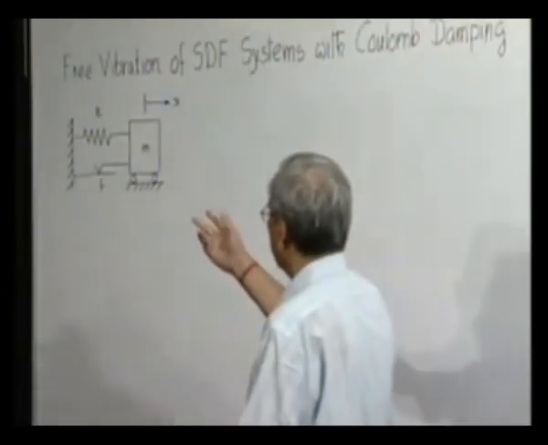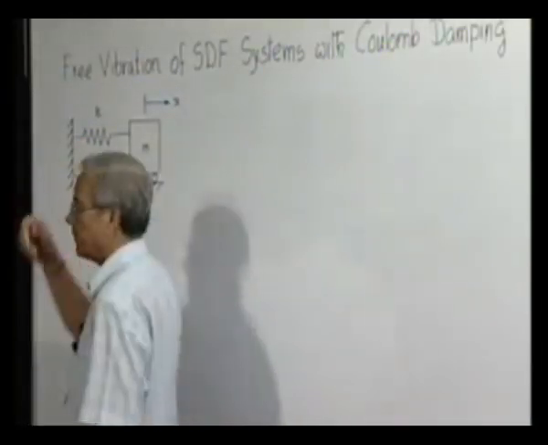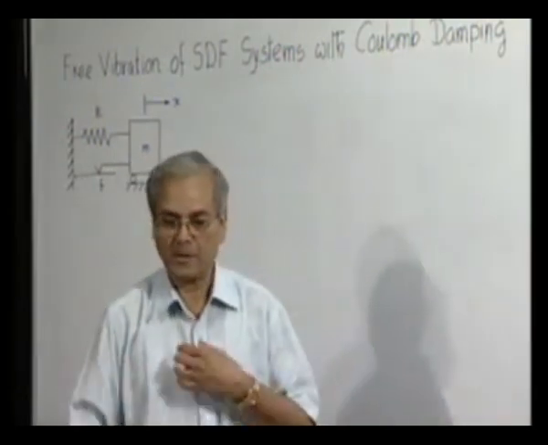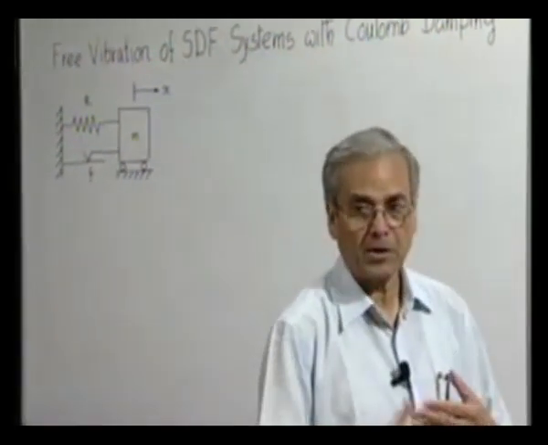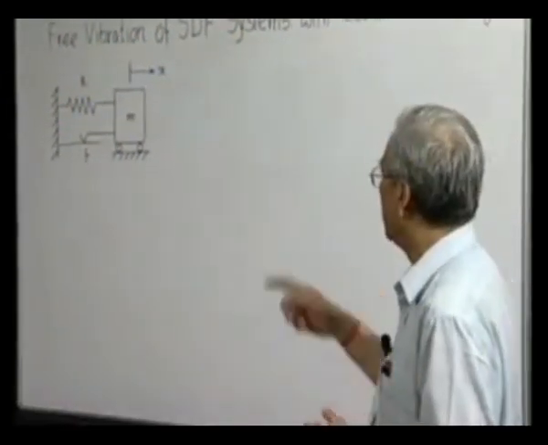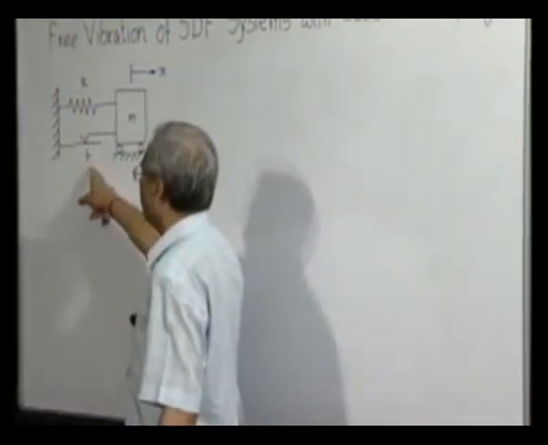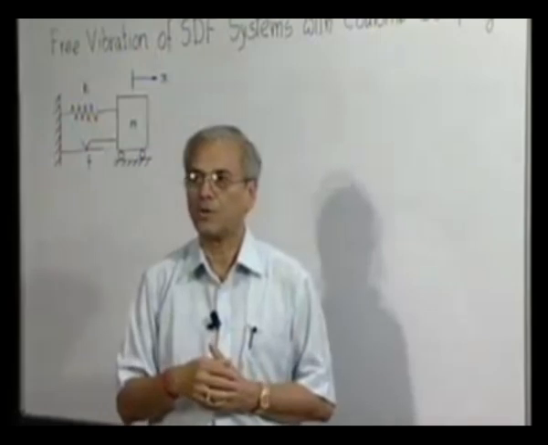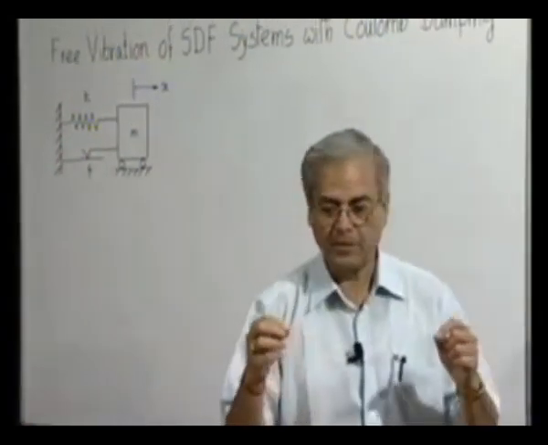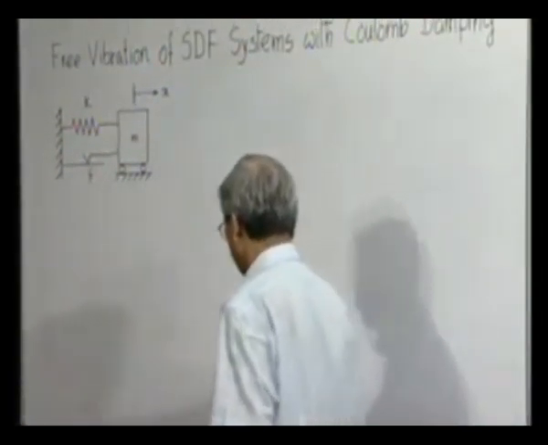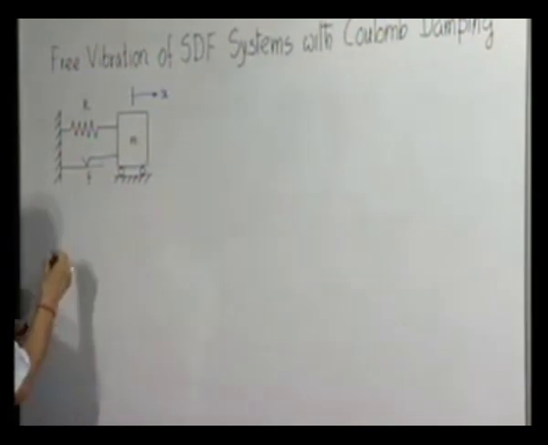The spring, that is the restoring element, has a stiffness K, block has mass M, and the solid friction is represented by that device here, where this force F is the force required to cause a sliding. So whenever the force applied to this device